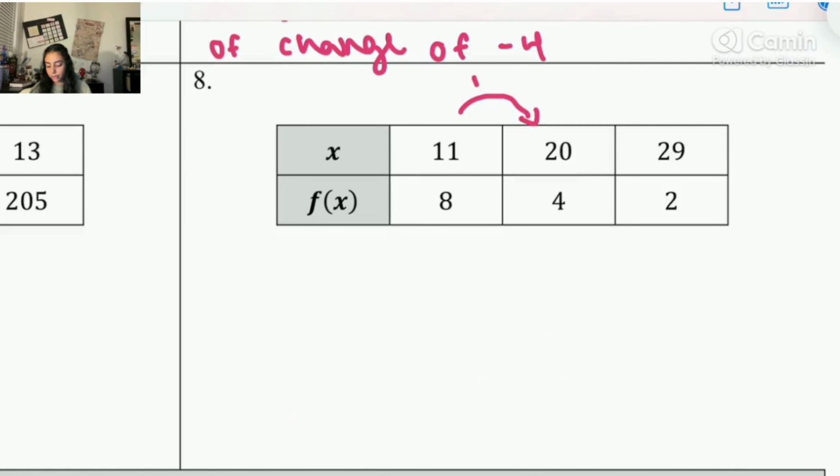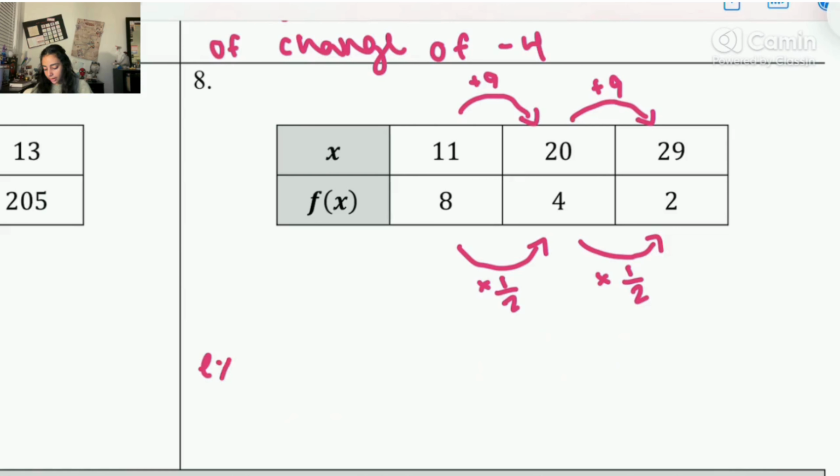From 11 to 20, you're adding 9. Then from 20 to 29, you're adding 9 again. So now you can check your y. Here you can either say that you're dividing by 2 or multiplying by 1/2. From 4 to 2, you're also multiplying by 1/2. So here we can say that it's exponential,